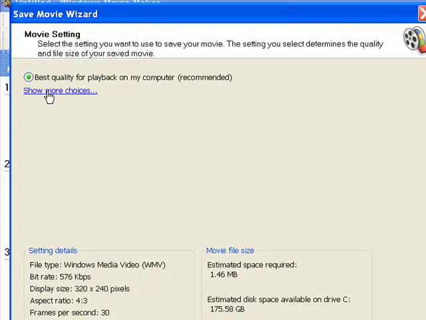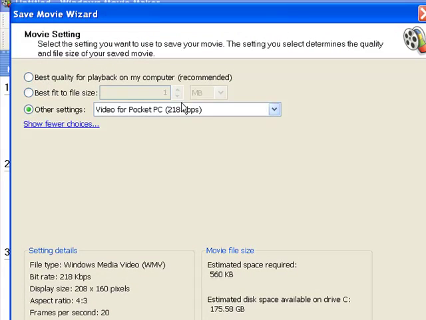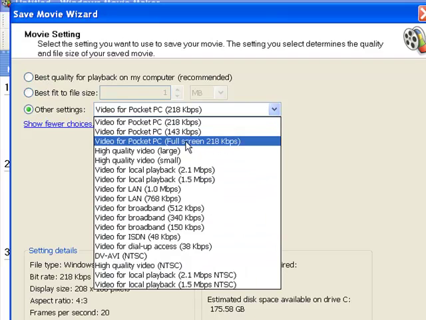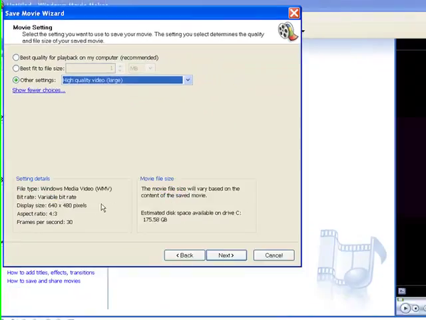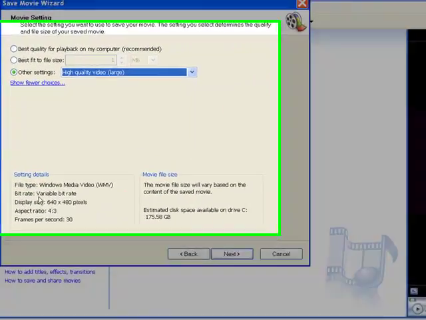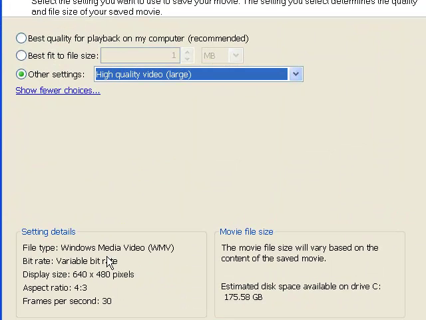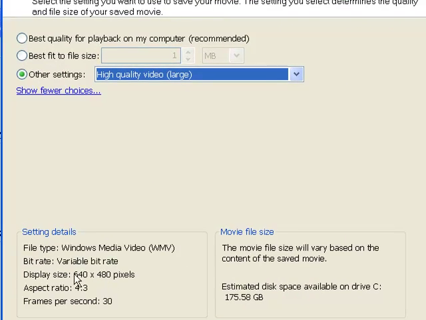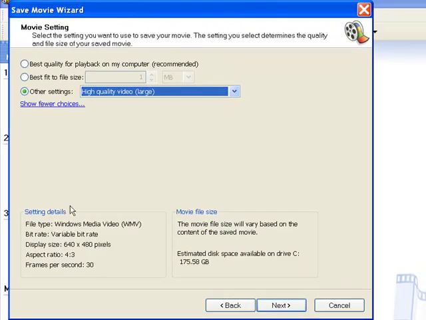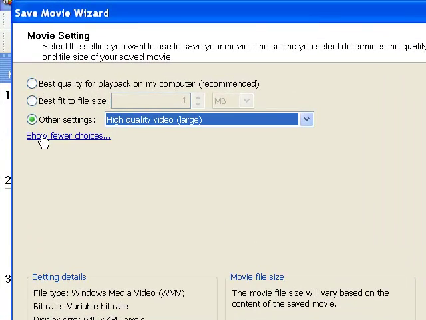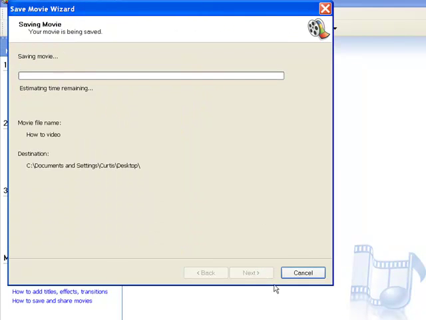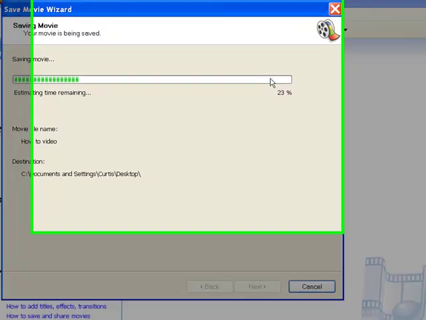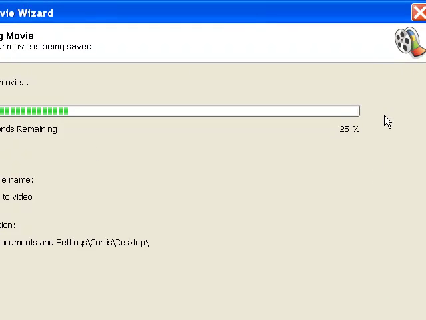Now in this particular program, I like to go to show more choices, come down here to the other settings, and change it to high quality video large, and that changes it to 640 by 480 pixels, which is the size that YouTube videos typically are at, and that's the most common video size for online videos. So like I said, just click on show more choices and then high quality video large, and that's it. And then you hit next, and basically it's going to convert the file, save it wherever you asked it to save it, and